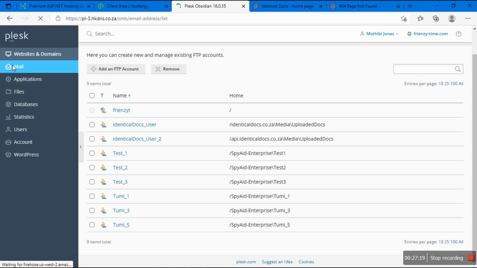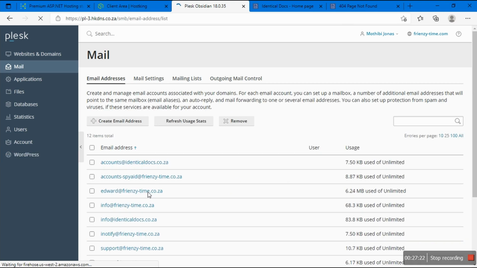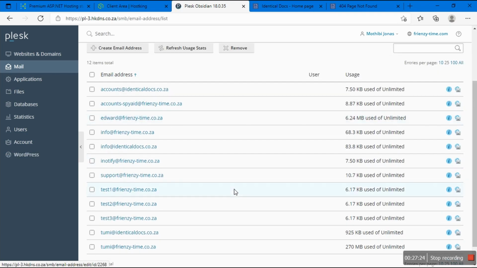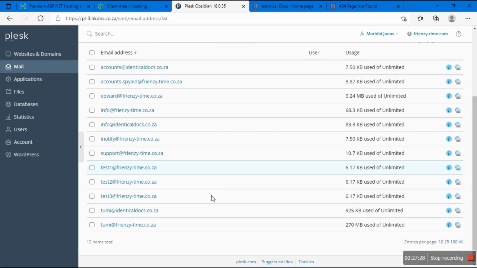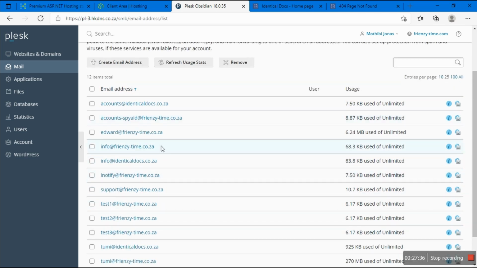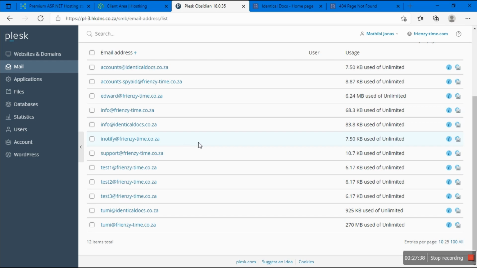I can create as many as I want, and some of them I remove. So when you get an email from an account, just know it's an actual domain. Some of them are used for testing, and some of them are actually live. So you do get benefits to this. My main one is this one, Edward, and then to me add, because 2017, this is my main primary domain I use, I own it. And then lastly you get access to databases.